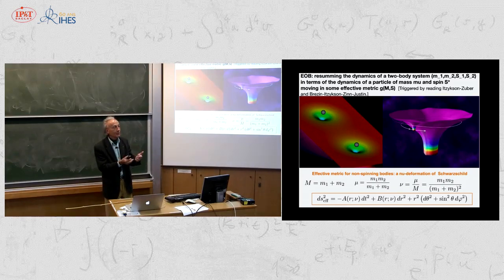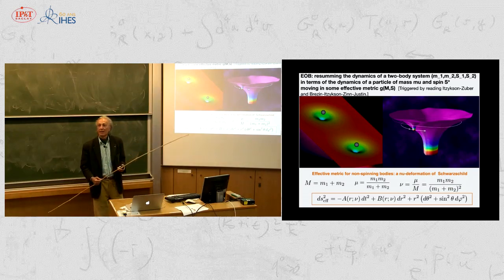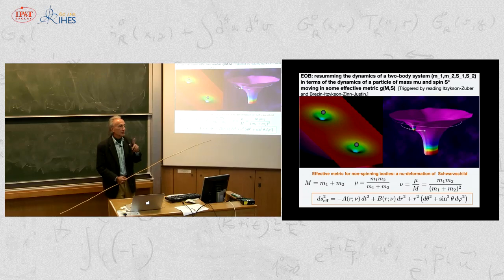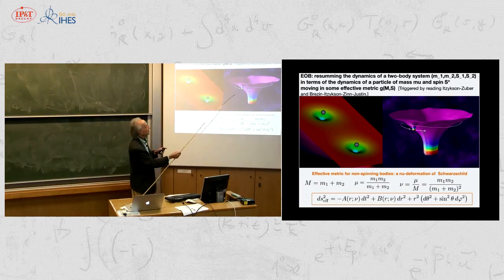So technically, one could not use what they were saying like that, but saying, can we do that? And this was the idea of this effective one body that we developed with Alessandra Bonanno. So the idea is, we have really the interaction of two black holes, a two-body system. Does there exist an equivalent description, which is not a two-body system, but which is a test particle, really a